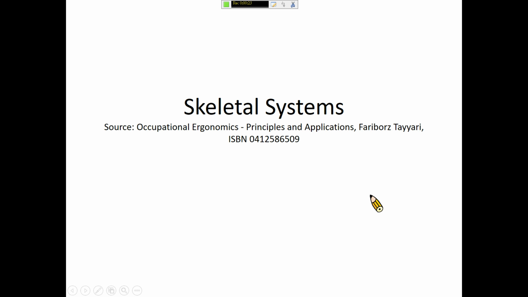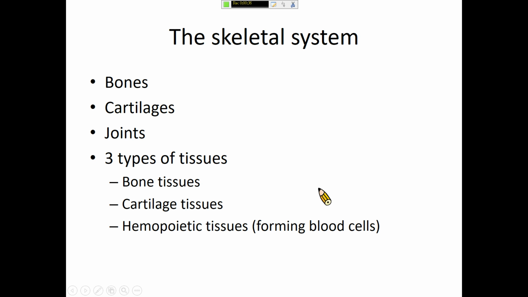Okay, we'll be looking at the next topic, skeletal systems. When we say skeletal systems, it means this: bones, cartilages, joints, okay, and basically